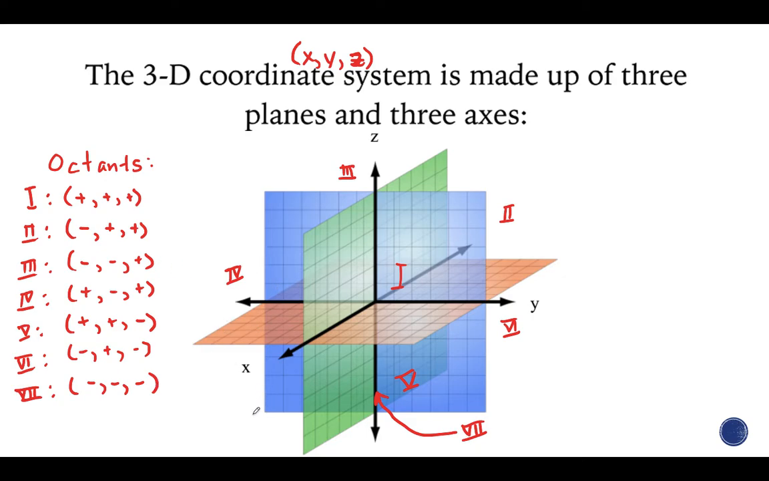And then we move into octant 8. Well, this is octant 8 down here, right? The last of our octants. There we go. And so octant 8 is going to be a positive x, a negative y, and a negative